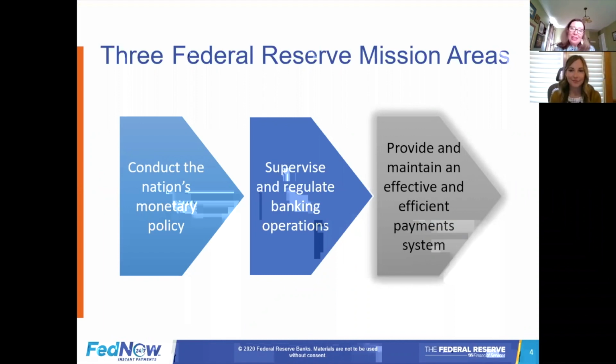So I like to start broadly with the Federal Reserve's three mission areas. The one most people think about is our role in setting monetary policy. And certainly that is the area that typically generates headlines and is our most visible role. But the Fed has two other roles that the general public is typically not as aware of, but given that we have a lot of bankers with us, you know our role as banking supervisors, which is to promote the safety and soundness of individual financial institutions and monitor their impact on the financial system as a whole. The other is the Fed's responsibility to provide and maintain an effective and efficient payment system, and that is where we will concentrate our discussion today.